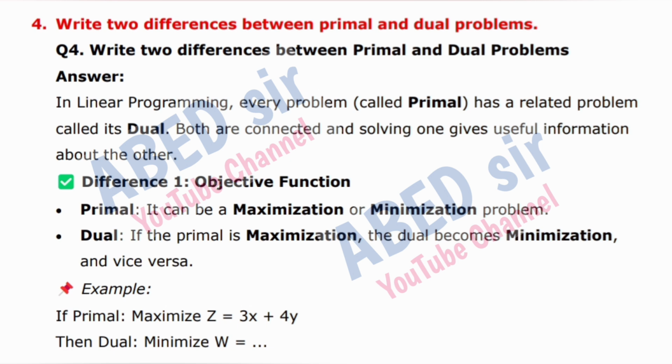Objective function. Primal: it can be a maximization or minimization problem. Dual: if the primal is maximization, the dual becomes minimization and vice versa. Example. If primal is maximize z = 3x + 4y, then dual is minimize w =